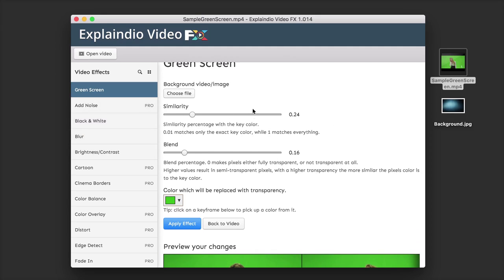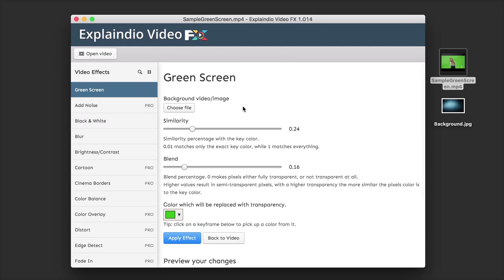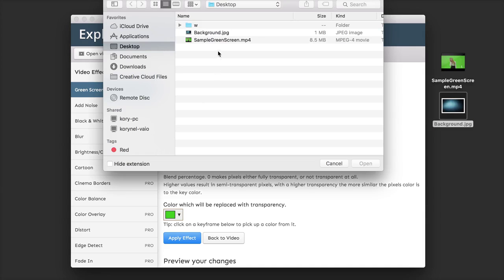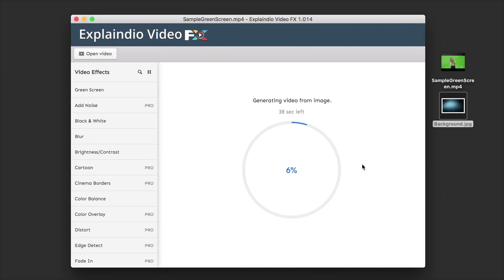So for this one, for the green screen, first I need to choose a video or an image that I would like to use as my background. Now, I do have this sample background image that I would like to use, so I'm going to click on choose file, and then I'm simply going to select my background and click on open. Once I do that, Video FX is going to take my background image and load it into my video, and then we will be able to see a live preview of what exactly that looks like